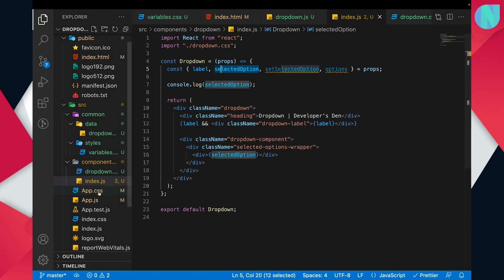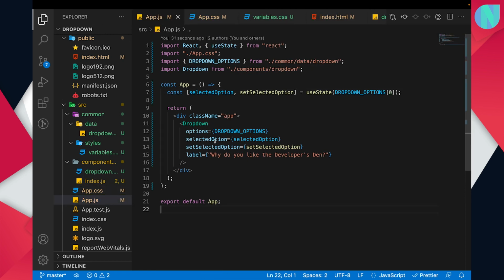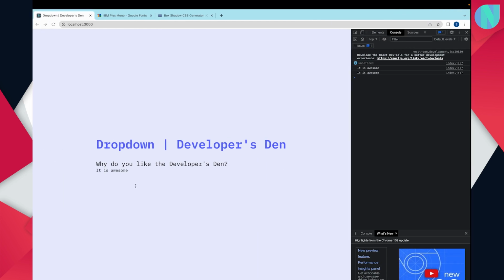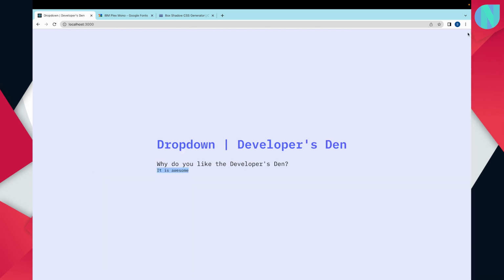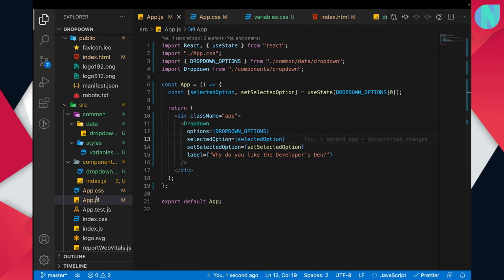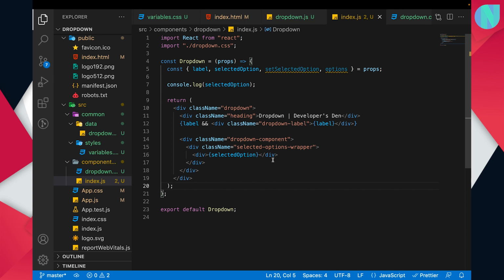So what we can do is, I'll again go to my app.file, and the spelling is incorrect here. Perfect. Now you can see it is awesome. The first option is correctly rendered on my screen. So in my dropdown component again, next to the selected option, whatever option is selected, we have a caret